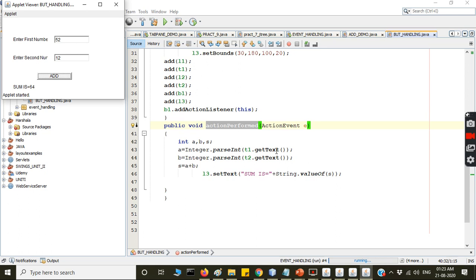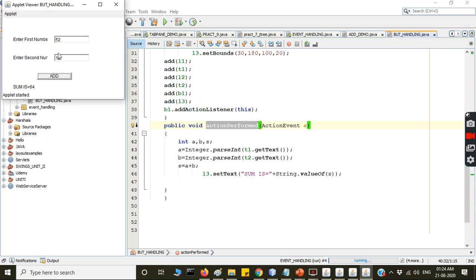Whatever number you are retrieving is of type string, because Java always takes the value as a string. You are supposed to convert it into an integer. That's why you use the wrapper class, that is Integer dot parseInt. Is it clear? Whatever numbers you enter here, you convert into integers and place in the variable a.